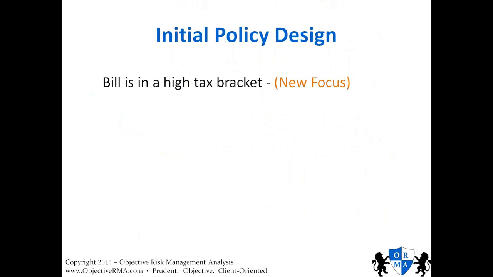And the new focus that they're focusing on is income tax. That's one area that I think is going to get a lot of attention in the coming years with Obamacare and the 3.8% tax that they've added on, and just the higher tax bracket, the higher capital gains taxes. These are all ways that the government is now targeting high net worth individuals to bring in additional tax revenue.